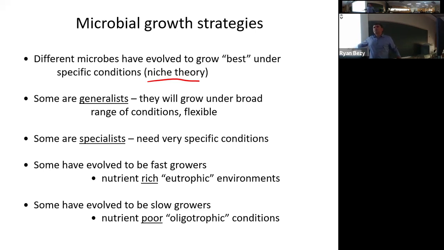So, for instance, there's a lot of bacteria that live meters to sometimes miles down in the surface of Earth. A lot of times the bacteria are down away from the surface. Those are fairly nutrient-poor conditions, and so they tend to be slow growers. There's some bacteria that live down deep in the soil, down deep in the Earth's crust, and they might have a doubling time measured in months to years. They might go through a cell division every couple of months or every couple of years in some cases.